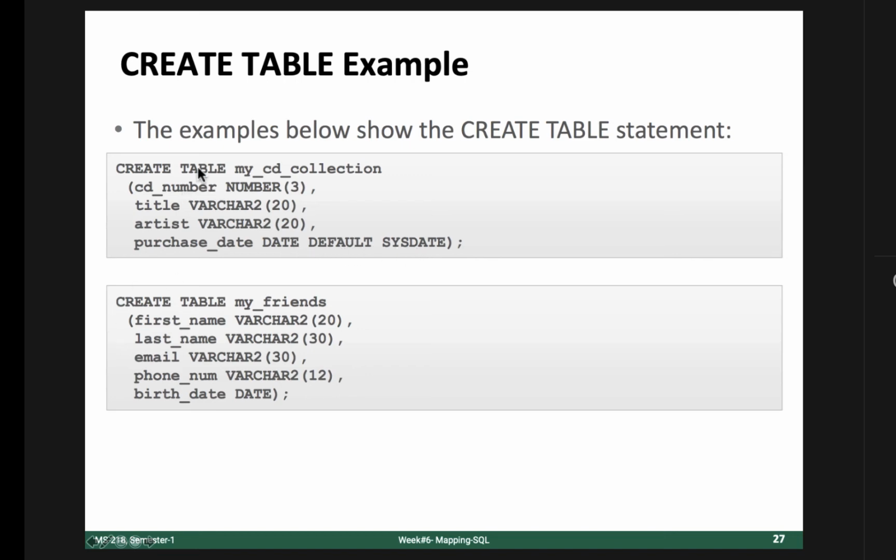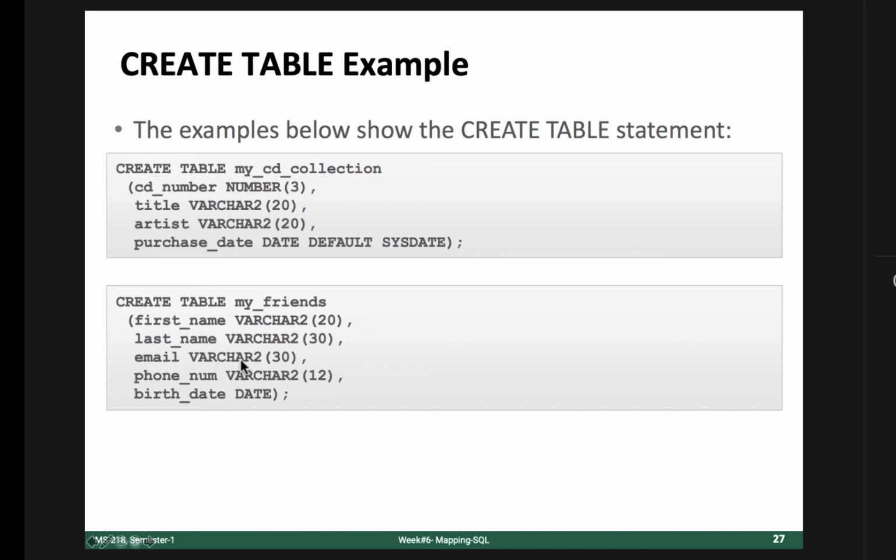So we will see. Similarly, if I am creating a table, my friends, with first name, last name, obviously the data type would be varchar2 or varchar, right? Email address is varchar. Obviously first name could be a maximum of 20 characters, or 30, it's up to you. But if you are giving so much space, you are wasting your storage space, because it will be allocating 30 characters for email. But why are we using varchar? This is a variable character, right?